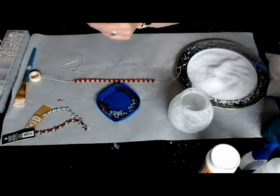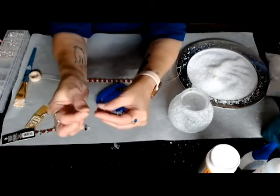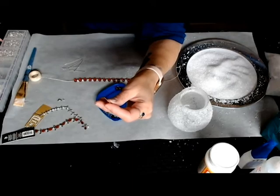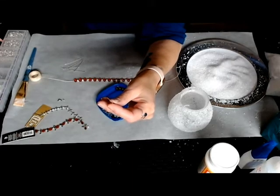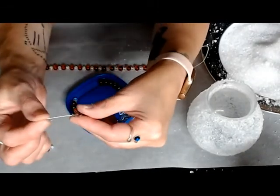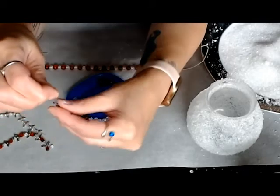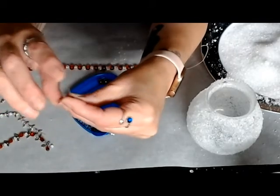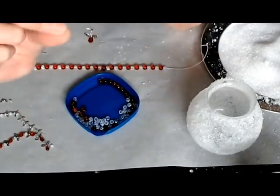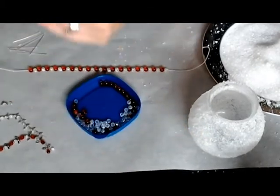Beautiful. And what I'll do, hopefully you'll be able to see this. I'm going to try here. Let me try to zoom in for just a second. Zoom some more. Okay, I think you should be able to see this. I've got this here, and I'm going to bend the wire at a 90-degree angle to the bead. So I'm holding the bead in my hand, and I bend the wire to a 90-degree angle, just like that,